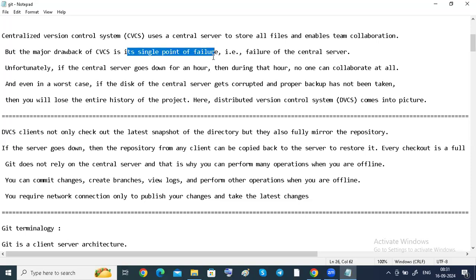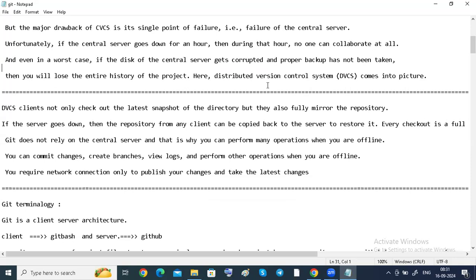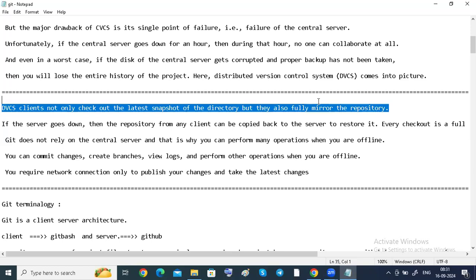To avoid losing the entire data and history of the project, the distributed version control system, or decentralized version control system, came into the picture. Decentral means distributed. A distributed version control system not only checks out the latest snapshot of the directory but fully mirrors the repository. Centrally we create GitHub, as I just showed with Git and GitHub.